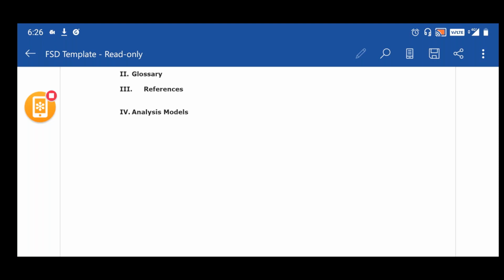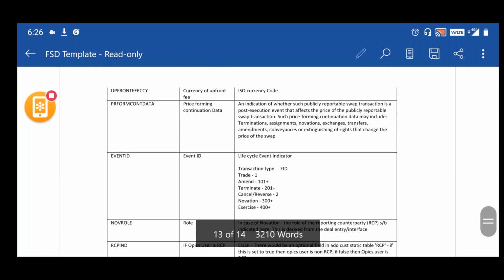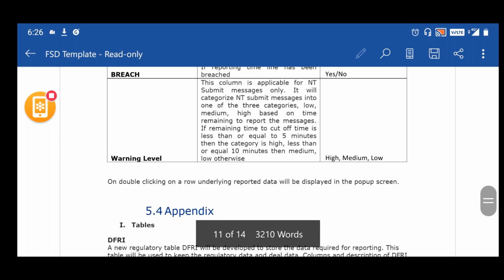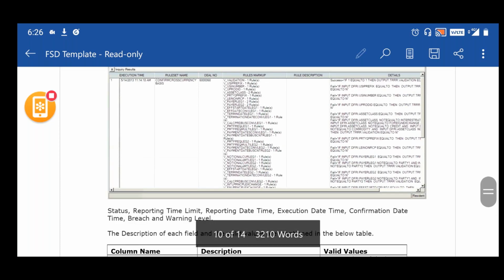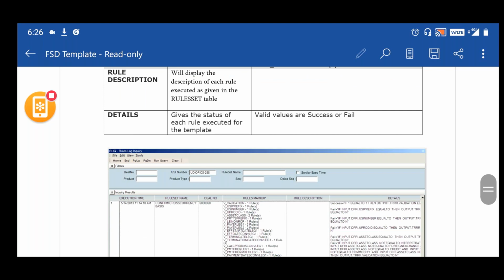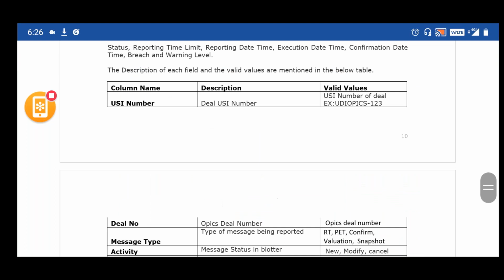So if you talk about the FSD, the information is quite detailed so that a developer can pick it up and develop the application. This particular document seems to be around a 14-page document. Ideally, this is more than a 60-70 page document, which has all the details. Just for reference, under each header I put only a little information and removed the rest.